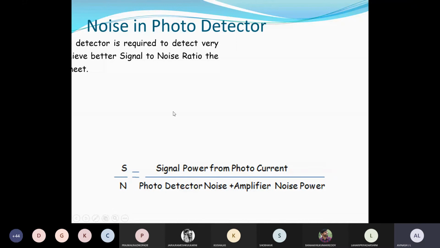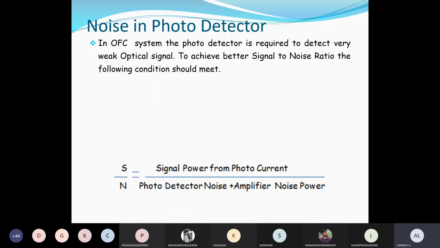So here we can see noise in photodetector. Okay, so here is the next question. Once we understood how we are converting light energy into electrical energy, that is the process we understood. Now that process has been understood with respect to the device property or the dark current and ideal conditions, that is, no noise incorporated. That is what exactly we understood. Now what happens if noise is there in the photodetector? So what will be there?